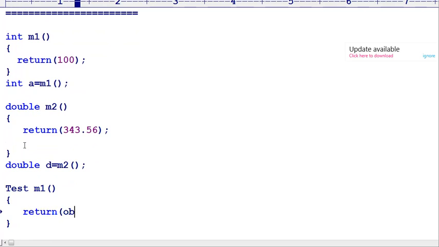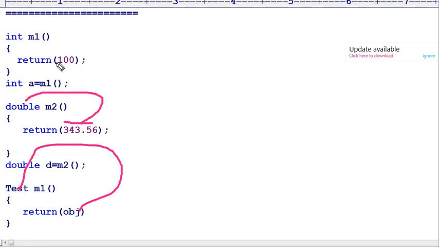Now I should pass an object which belongs to this class. Now observe, the return type is double, you are returning the same kind of value. The return type is an integer, you are mentioning the same thing. Similarly, whenever the return type is a class name, it means that it is returning an object of that class. The point is clear?